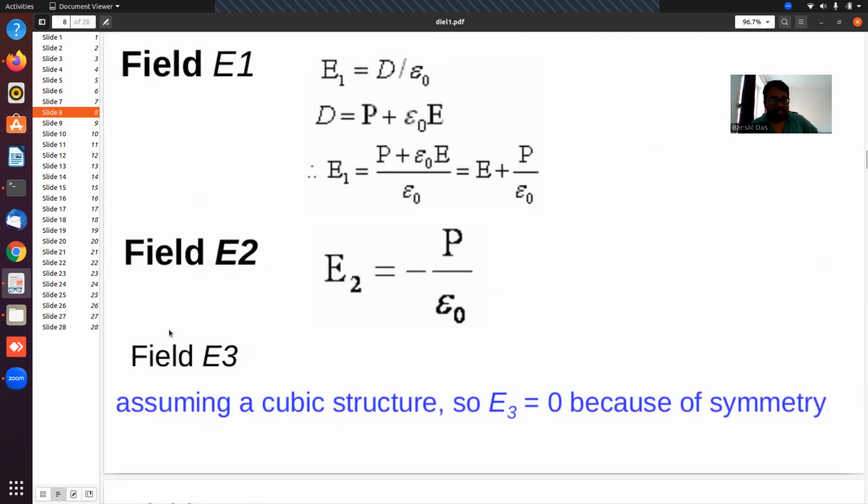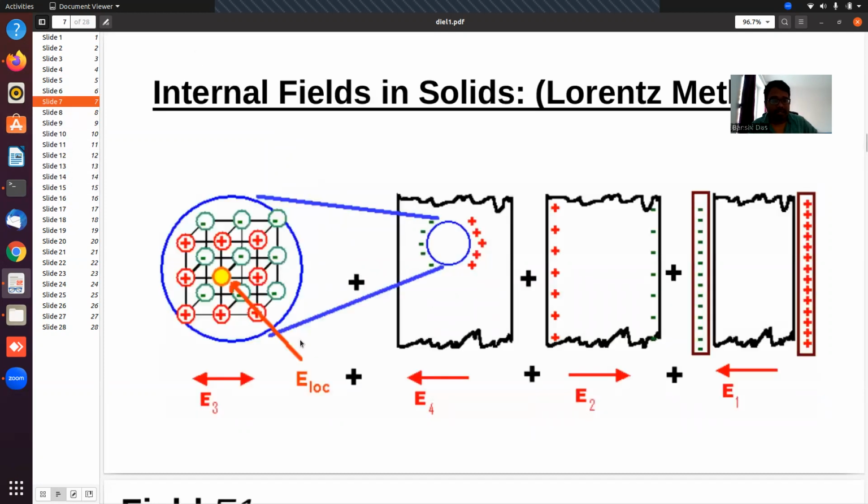So E3 is 0 because of the cubic structure. This electric field, due to the local structure, the local rearrangement of this molecule, they assume as 0. Now this part is non-trivial, meaning inside that dielectric, even if it is homogeneous,